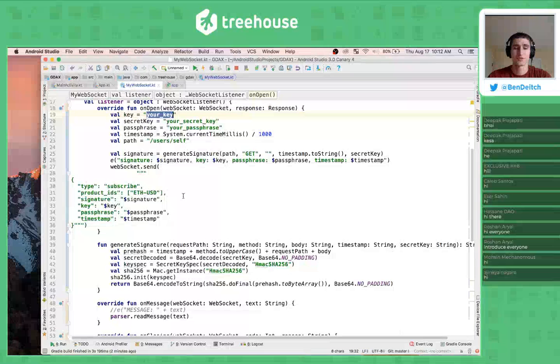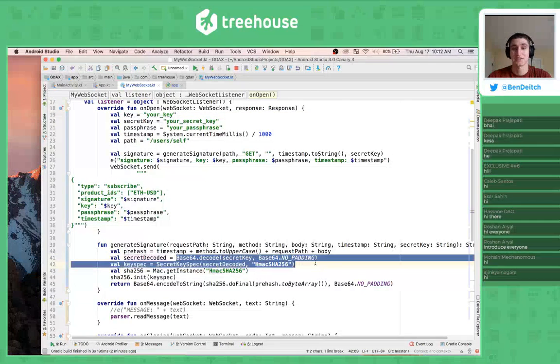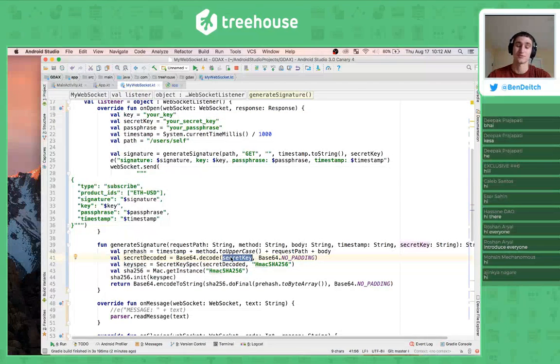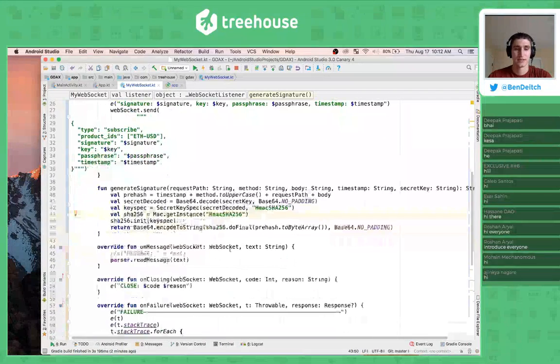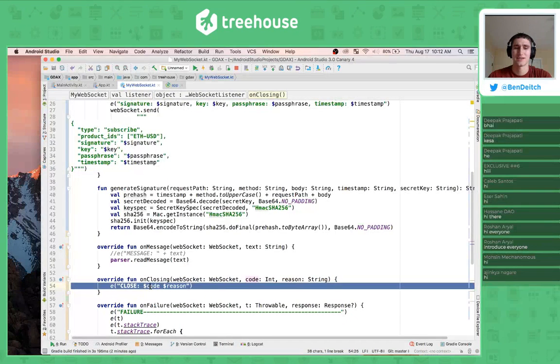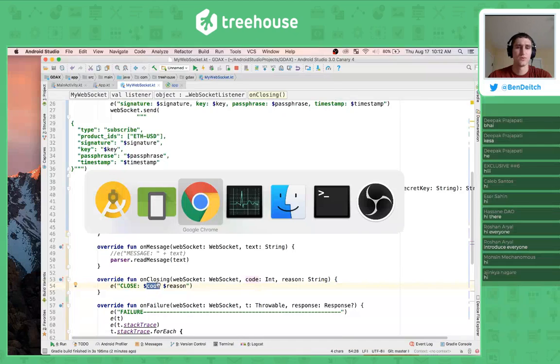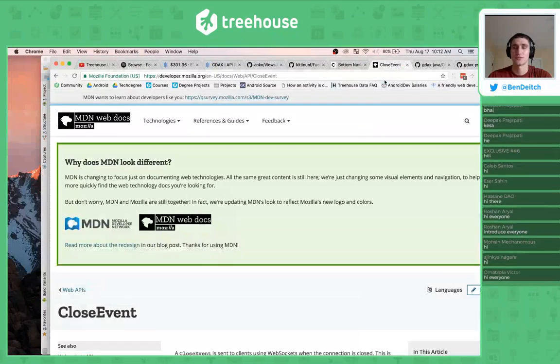But unfortunately, it looks like this actually checks to make sure that what you're passing in is base64, which is a really good idea. So I don't think I'm going to be able to demo this as I thought I would. But let's jump to the shortcut part. When you run it, what happens is that immediately you get an on closing event here, and it'll log close with a code of 1005. And then if you Google that, and you're able to find it, which was a little bit difficult,